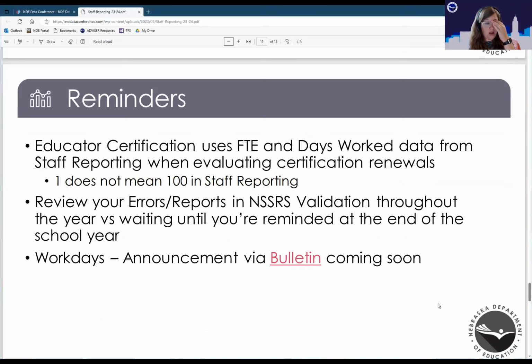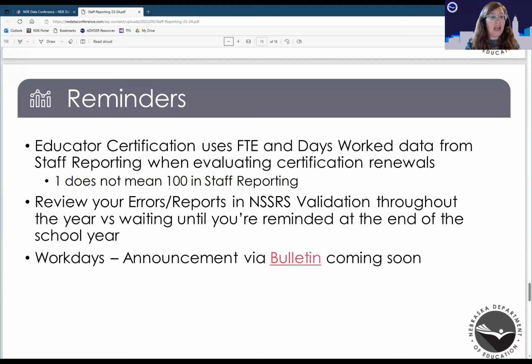All right, so another reminder, educator certification uses the FTE and days worked data from staff reporting when they're evaluating cert renewals. So in staff reporting, it's a 100 FTE if they're full-time. I know in some other systems it can say 1, and that means full-time, but it's an important caveat because there's an error in the NSSRS validation collection that says you've got this staff person and they're only working 1 FTE.